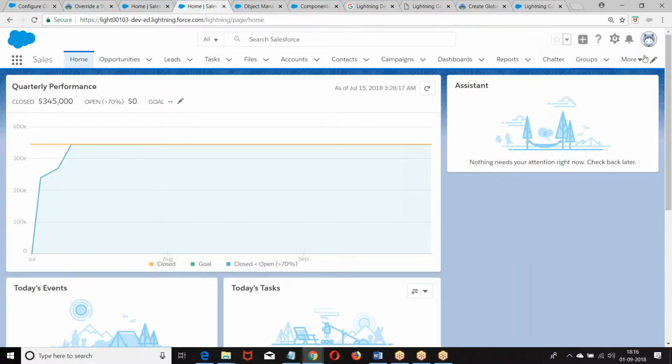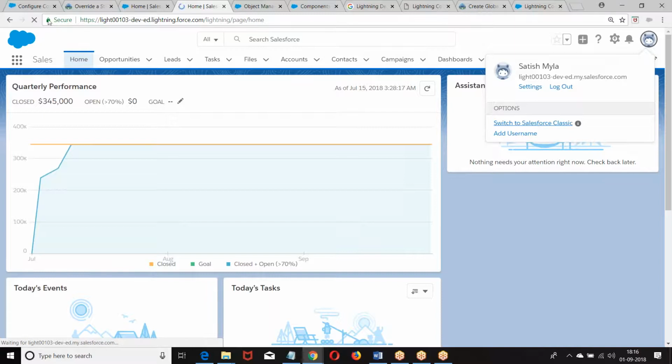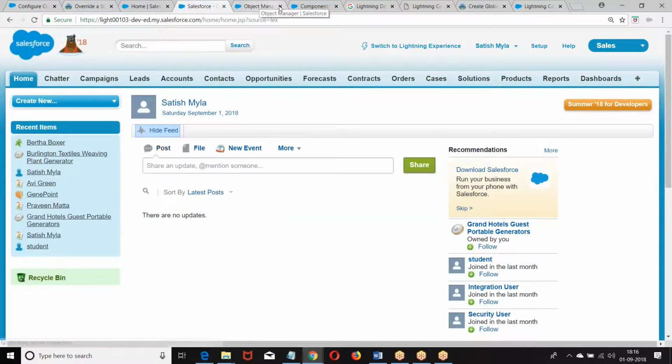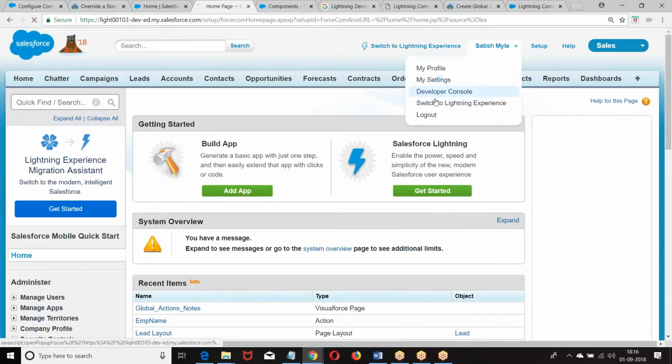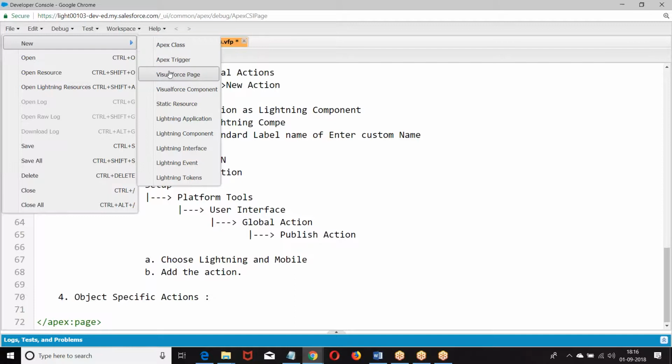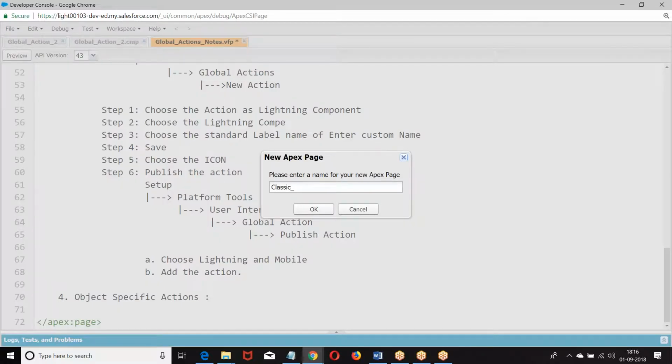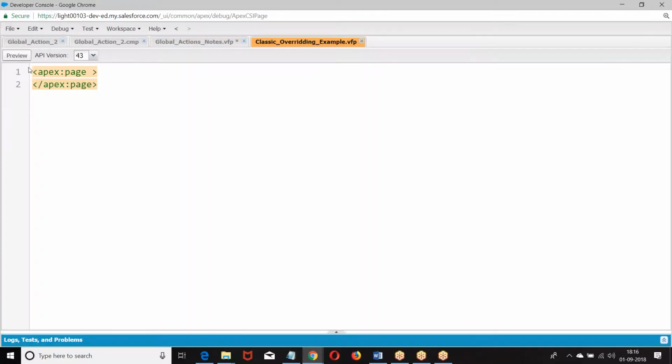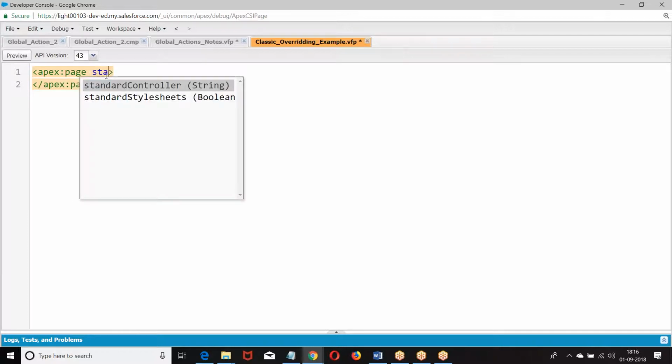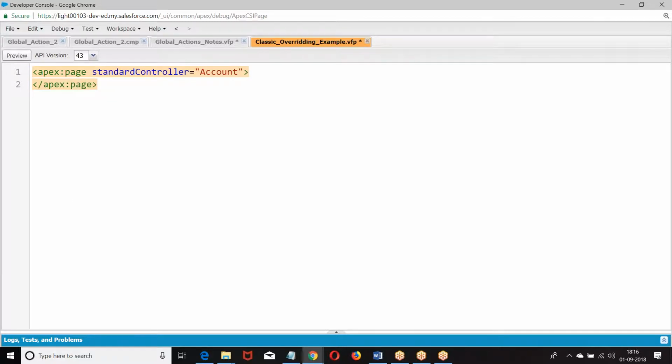Now, how are we going to implement this in Classic? I used to go to setup first. Let us see this. Developer console. I defined here standardController equal to account.